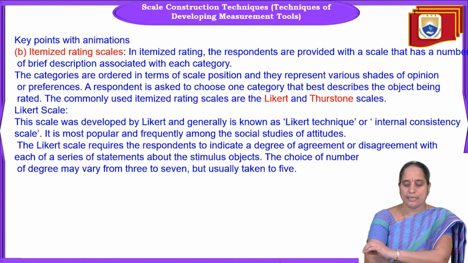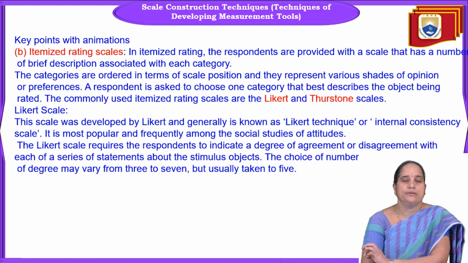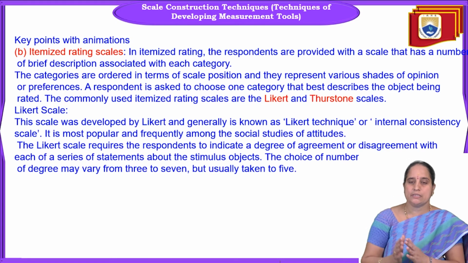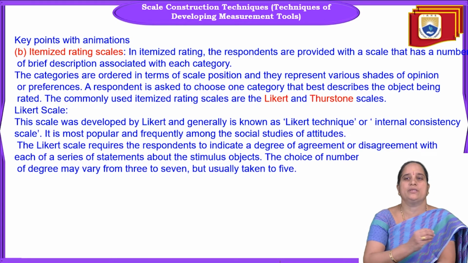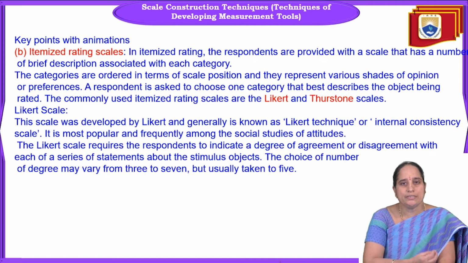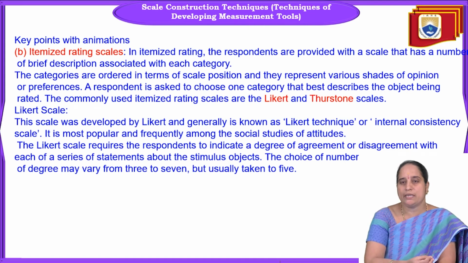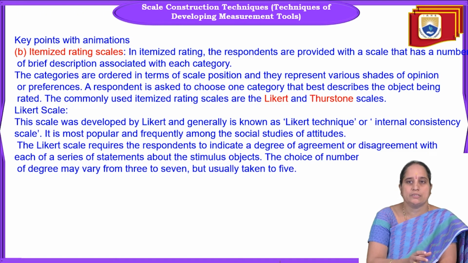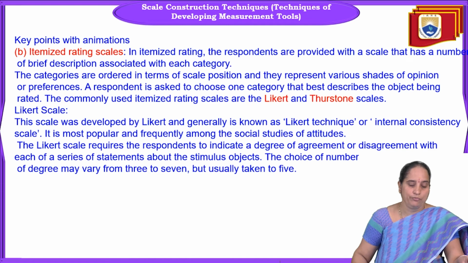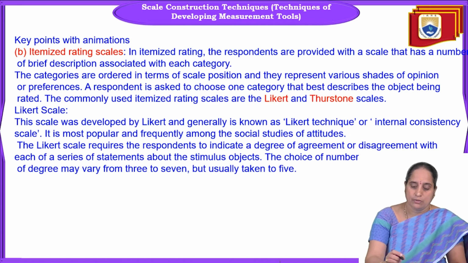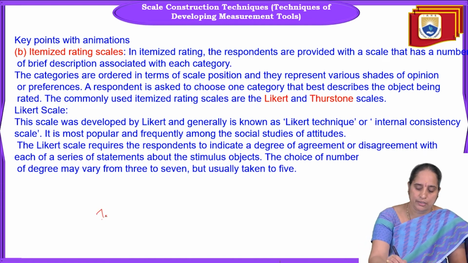The Likert scale requires the respondents to indicate a degree of agreement or disagreement with each of a series of statements about a stimulus object. The choice of the number of degrees may vary from 3 to 7, but usually we consider 1 to 5. For example, if you want to measure whether the quality of a particular product is good,